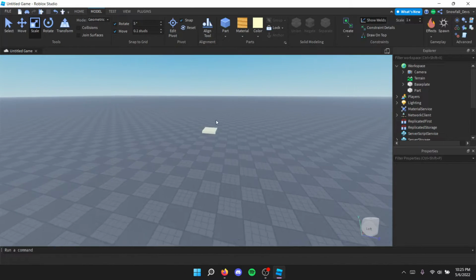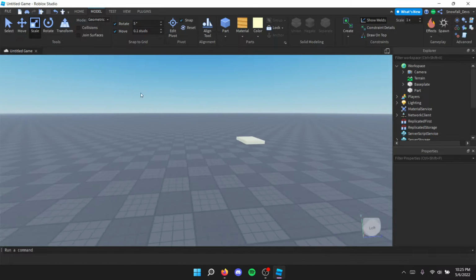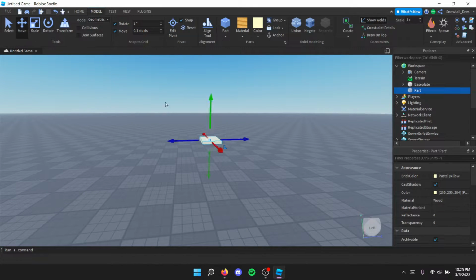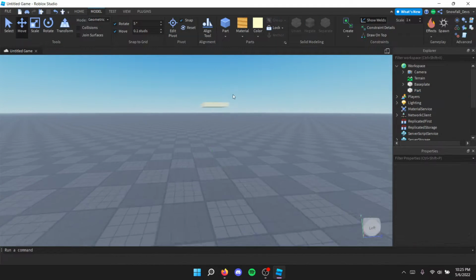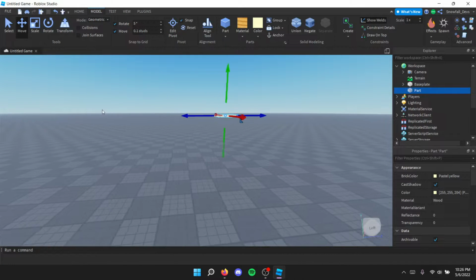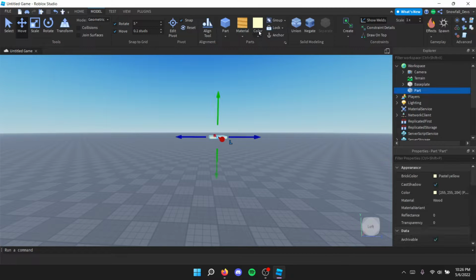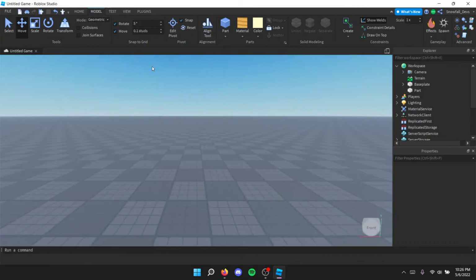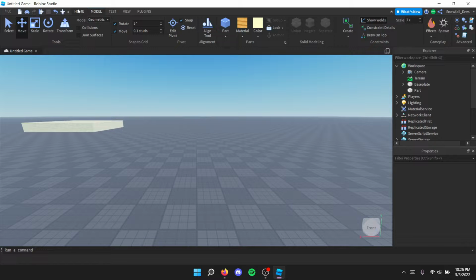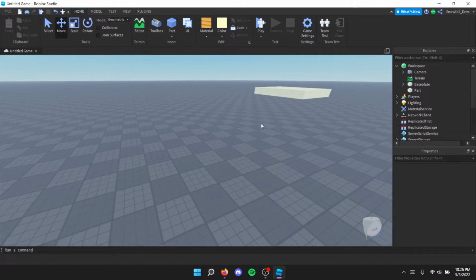And here's something else that you may need to know. To have a block like this without it going down when you play it, you want to do this, like hold your mouse and then make a little square box and then click anchor on the part that you want to anchor, or you can literally just select the part and then click anchor. Doing this will make it so it doesn't fall, and that leads us right into playtesting,